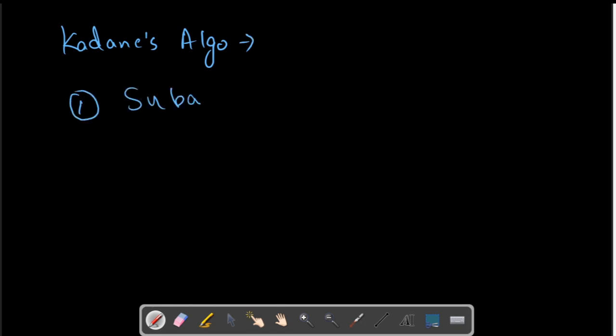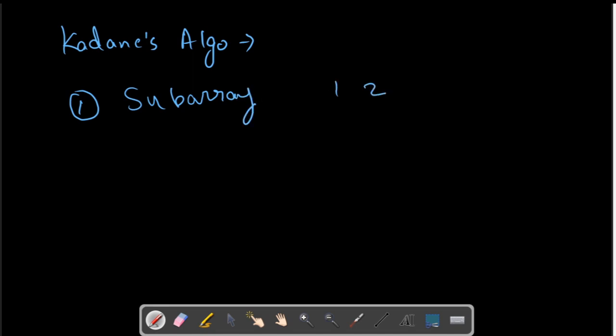Now let us see how we can approach this problem, and how we can know that this problem is of Kadane's algorithm. A few hints which tell that the question is of Kadane's algorithm are as follows. First, we have to find something from a subarray.